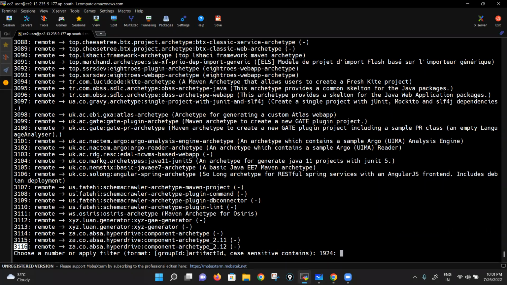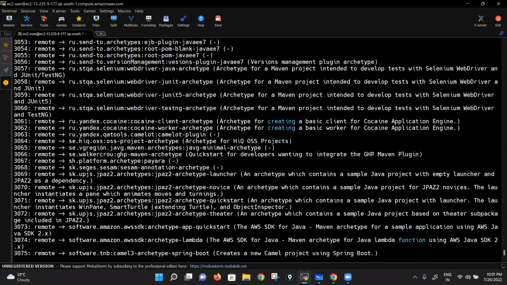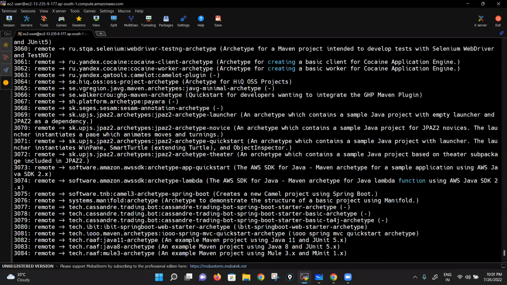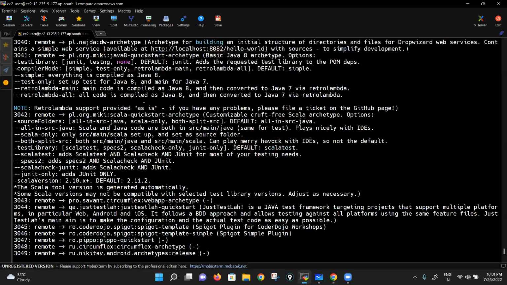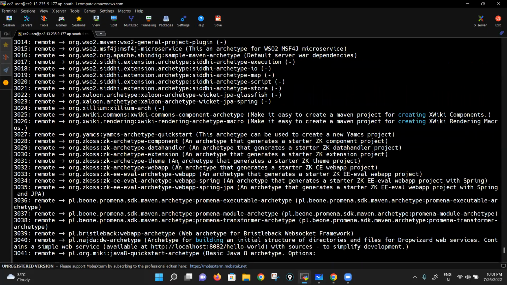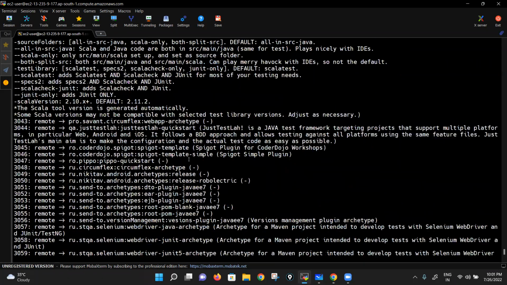Now, out of these many templates, how would I know which template I need to use? I need a template by using which I can create a WAR file. See guys, the template name should have maven-archetype-webapp. Wherever you see Maven here, you can see so many templates. The template name should have maven-archetype-webapp. But out of these many, it would be difficult to search for that name, so that's why we can use